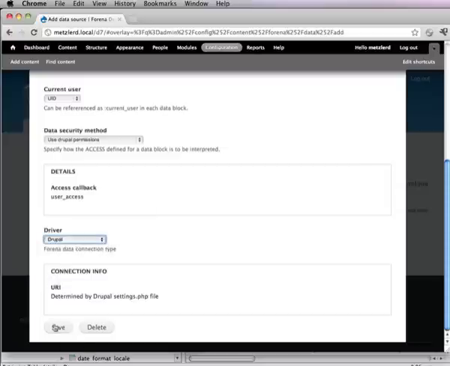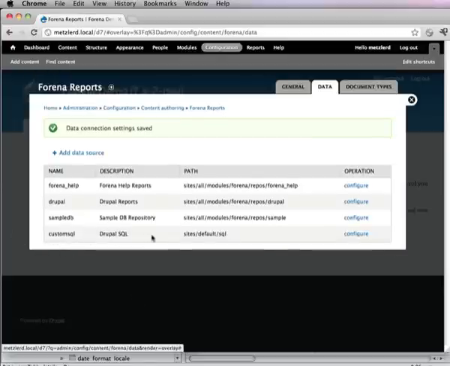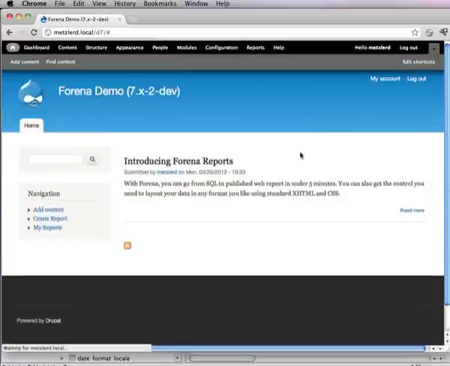So we'll go ahead and save that. And now we have our custom SQL data repository that's going to use SQL files from the site's default SQL directory. Okay, now that we've got a data connection established to a database, the next thing we want to do